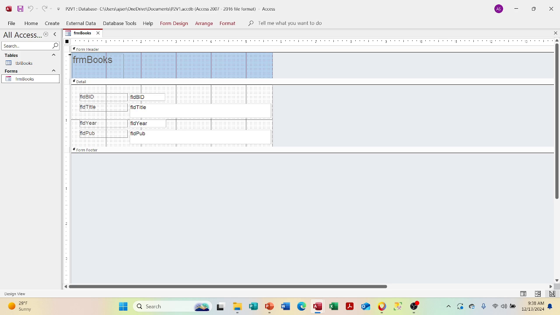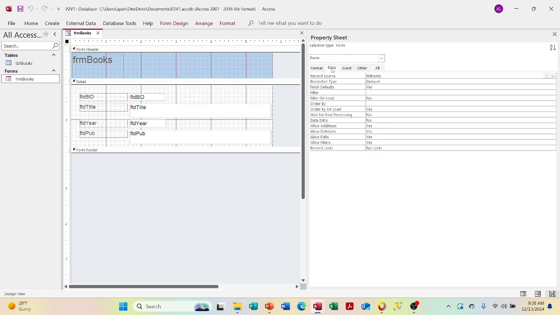Just to show you properties, data, the record source for this, notice it's the full table, not a query. Just to let you know, this is sort of a limiting factor. You can do this. You can have a table as the record source of a form, no question. But what I can do is I can